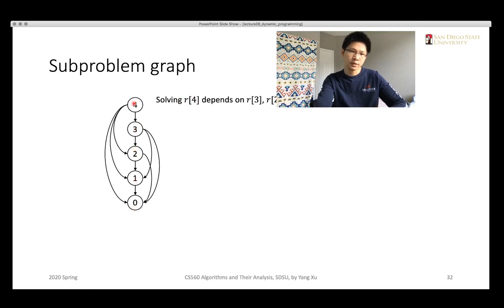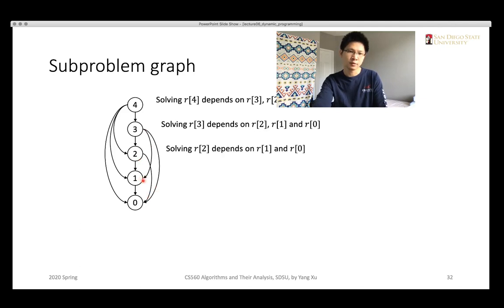So the arrows from 4 to 3, to 2, 1 and to 0 indicate the dependencies. Okay? And we have similar dependency from R3 to R2, 1 and 0, and R2 to 1, 0, and R1 also depends on R0. Okay, so these edges with directions